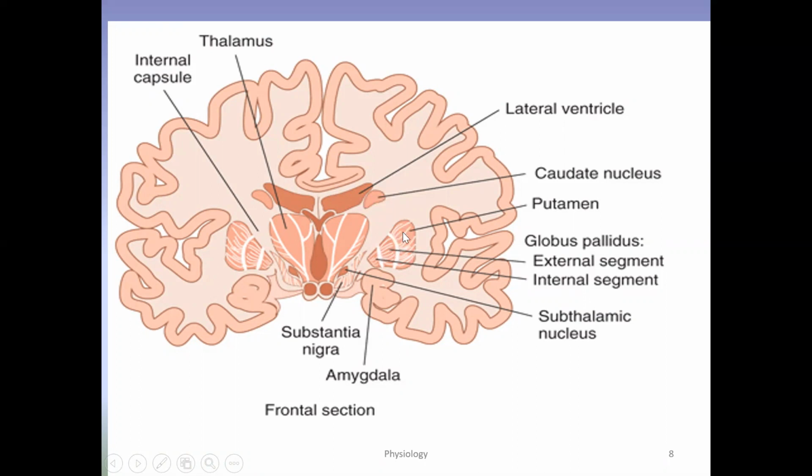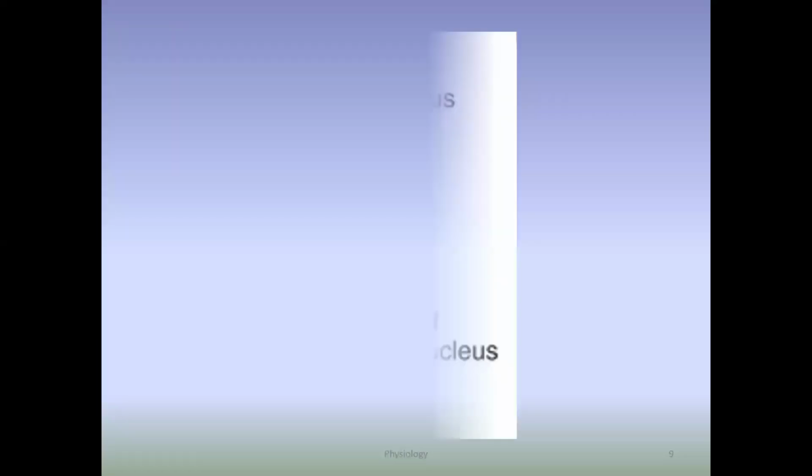This is the head part. The lentiform nucleus, with its outer segment called the putamen, while this particular part is called the globus pallidus. It has two components: the globus pallidus external segment, and the more inner part called the globus pallidus internal segment. Then near the tail of the caudate nucleus, you have the substantia nigra and the subthalamic nucleus, also called the body of Lewis. So these are the caudate nucleus, putamen, globus pallidus internal segment, and globus pallidus external segment, then substantia nigra and the body of Lewis, also called the subthalamic nucleus. These are the nuclei of the basal ganglia.